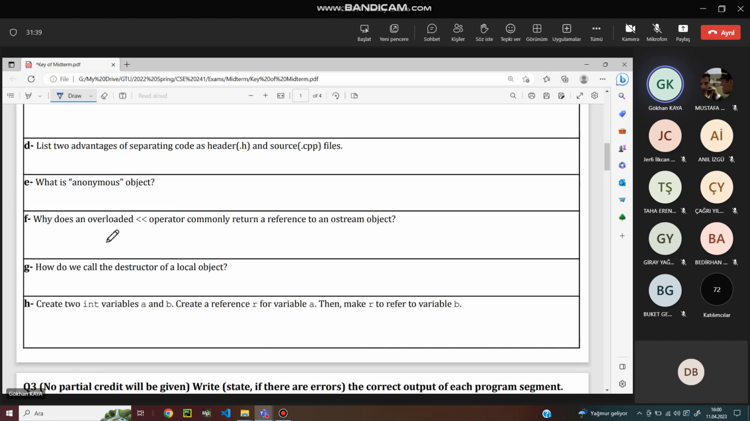Okay. Anyway, so what's an anonymous object? A temporary object created using the constructor. Yes, basically you don't have an identifier for it. You just explicitly call the constructor of the